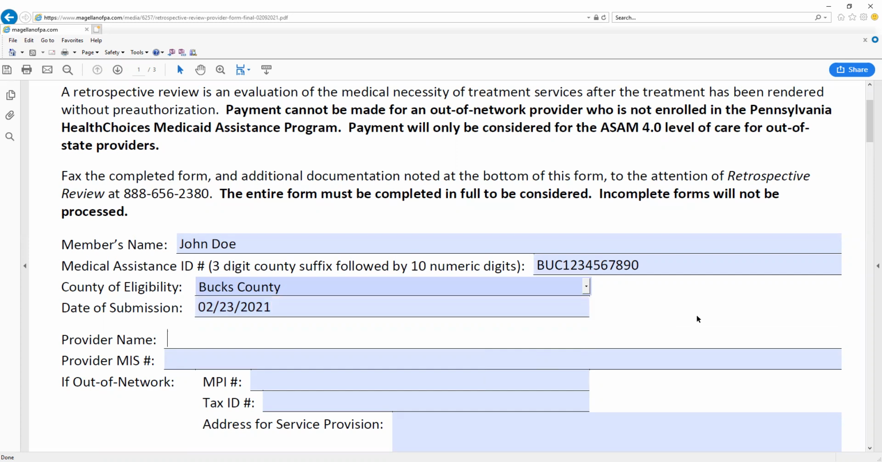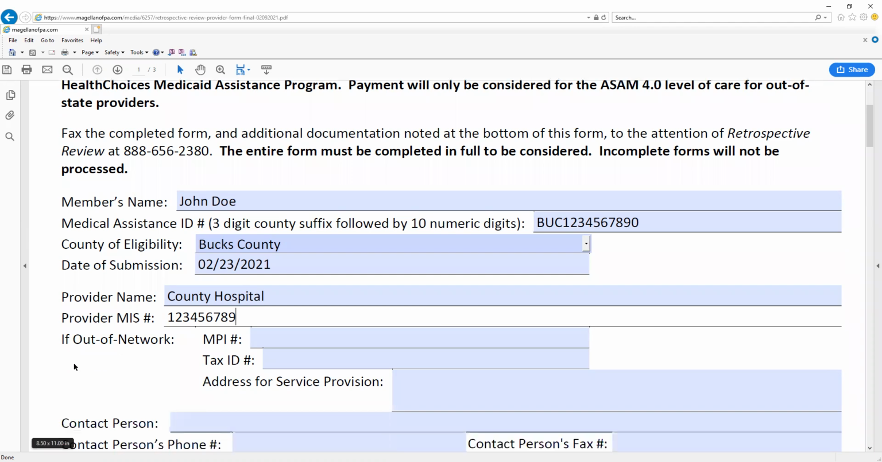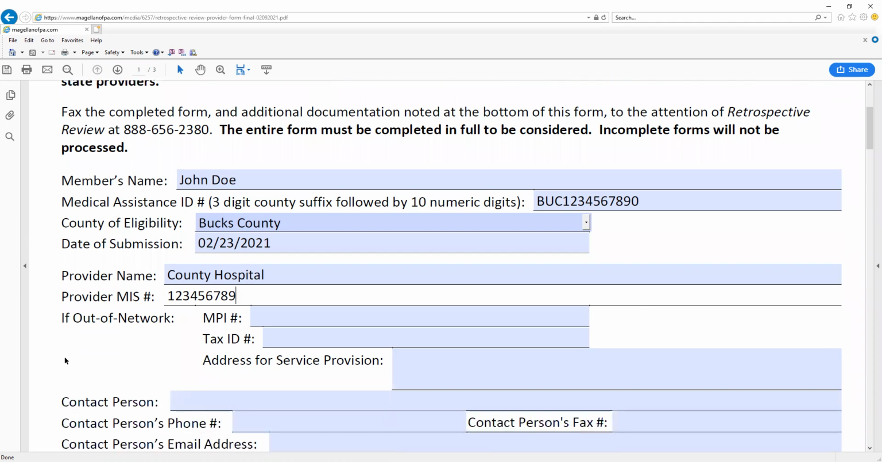Next, you'll enter your agency's name. Let's say it's County Hospital. And you want to know your Magellan provider identification number, also known as the MIS number. That's a 9-digit number. And we're going to presume this request is for an in-network